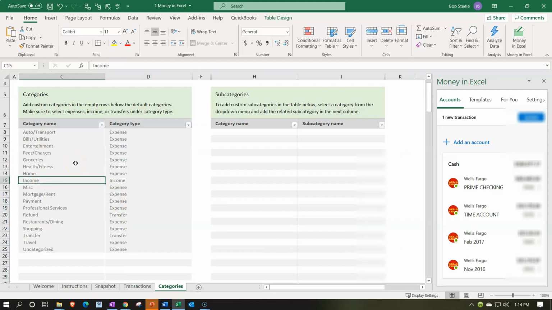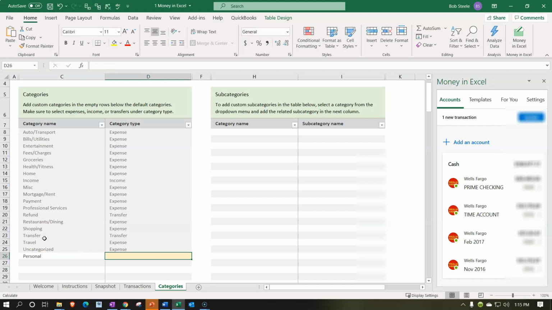So we can use that as just a general income for all deposits, or we can get a little bit more detailed on it if we so choose. So what I'm going to do here is, if it's personal income, I'll make another category and put everything that's personal into a personal account, because I'm trying to narrow down on my business information, imagining we need a Schedule C. So I'm going to put a category down here for